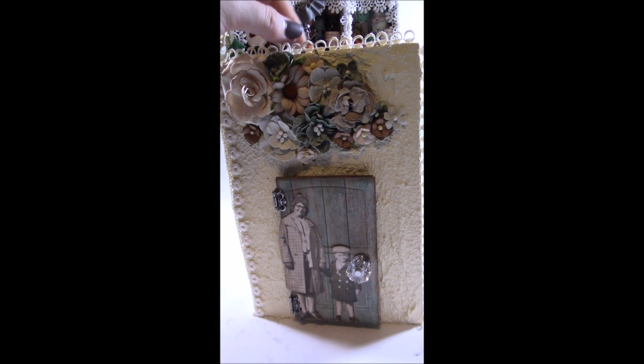Hi guys, back today with a quick project share. This is a very different angle for me, so I hope in the editing process I can get it all straightened out. So this is for a configuration box for my partner Lisa, that I joined over at Creating the Crafty Life, and it is a